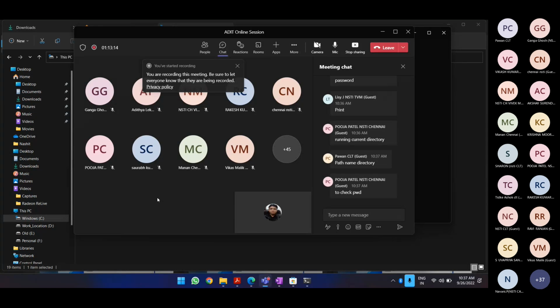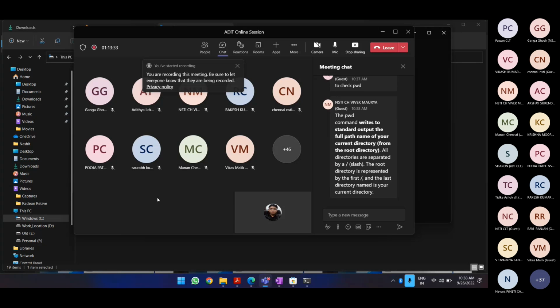So can anyone Google out and tell me. The command writes the standard output, the full name path?